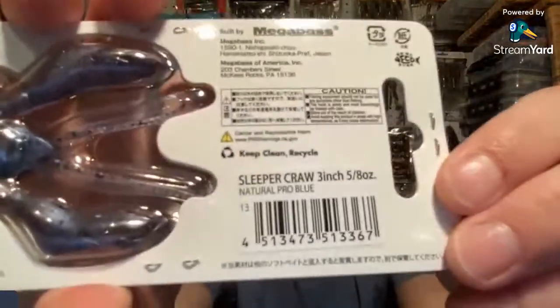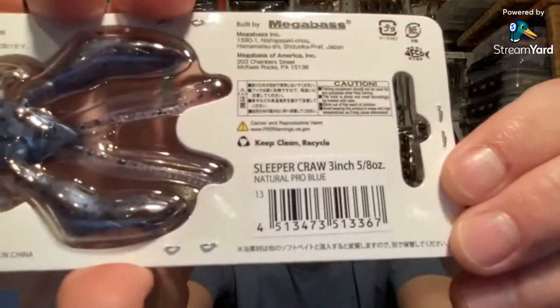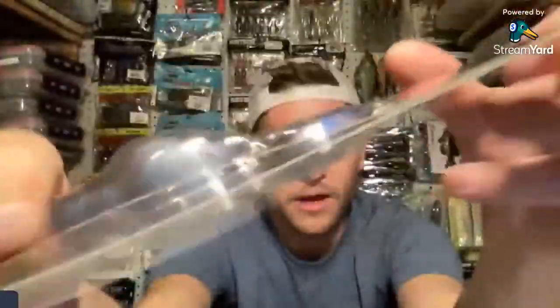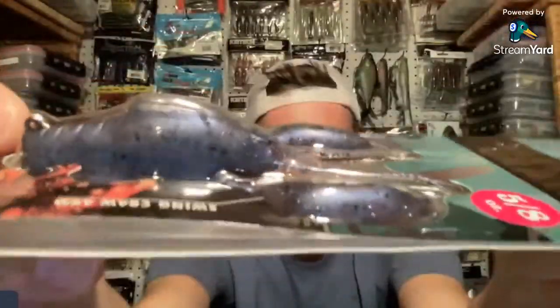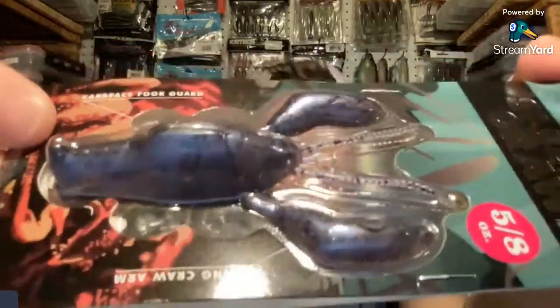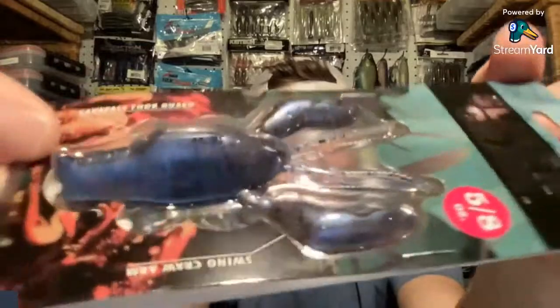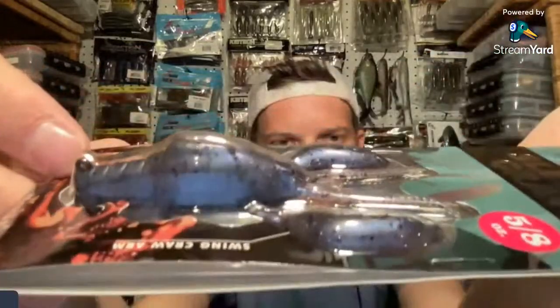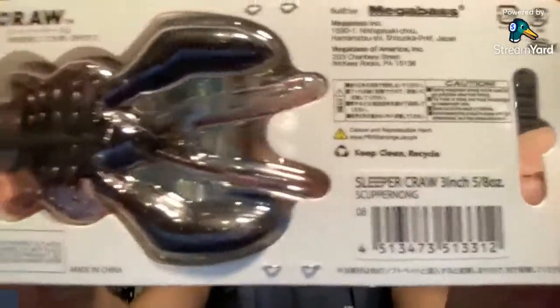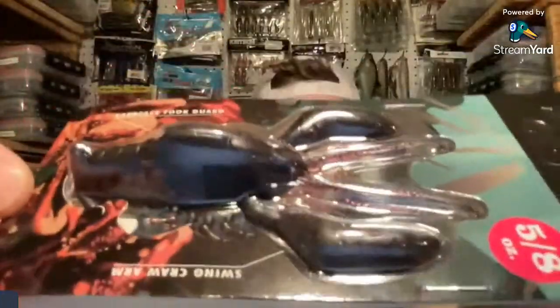We've got the Natural Pro Blue. And that is exactly what you would think. It is a very translucent color with a lot of blue iridescence to it. Natural Pro Blue. And then lastly is the Scuppernong. And I figure you guys will want this as one of the four colors, but you tell me